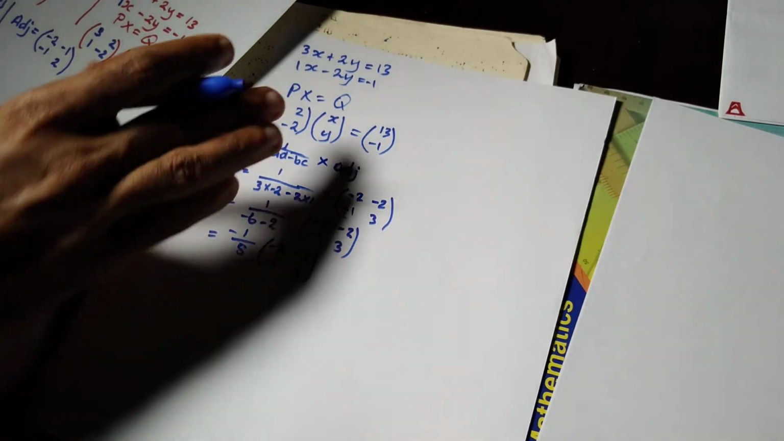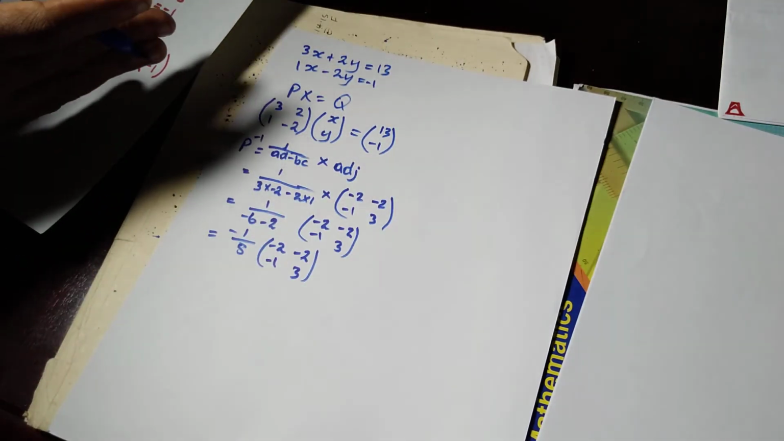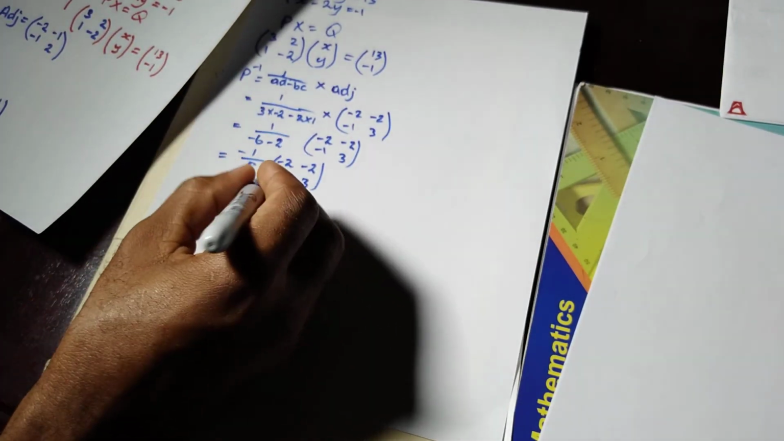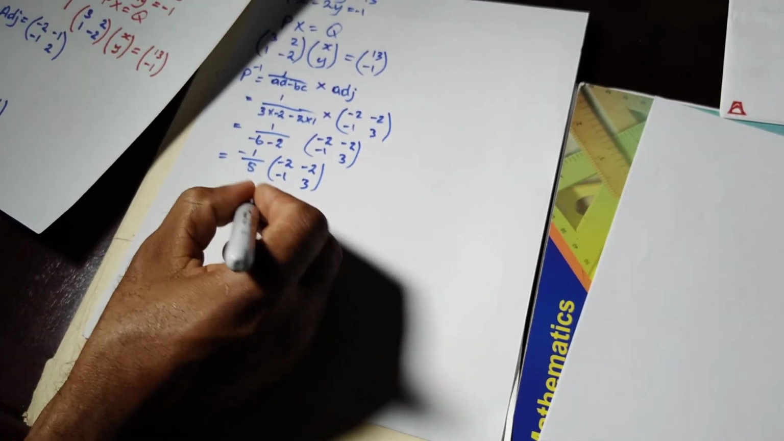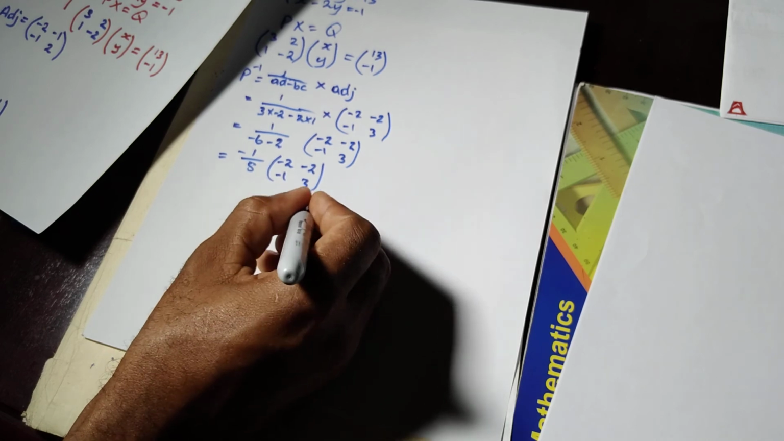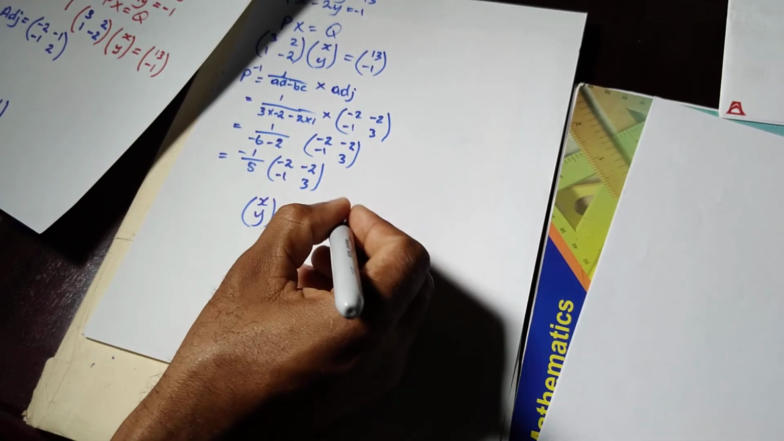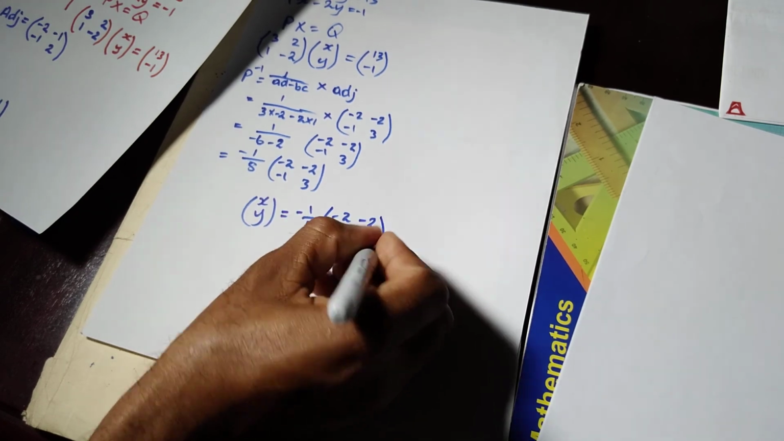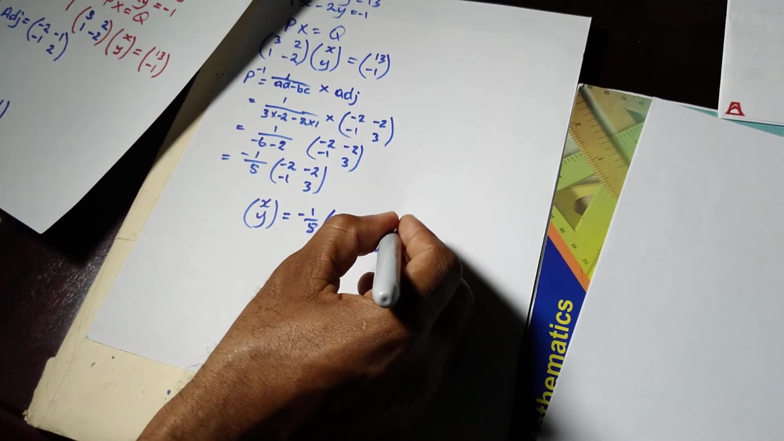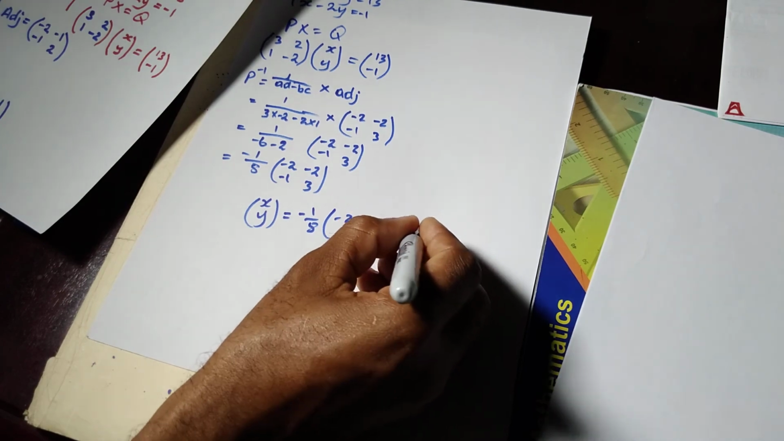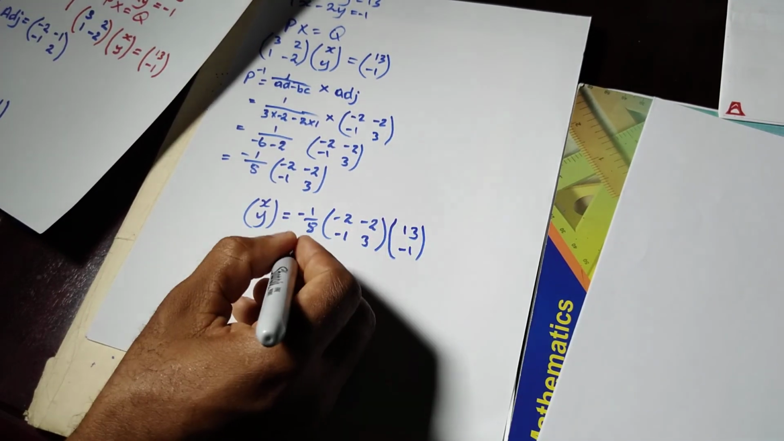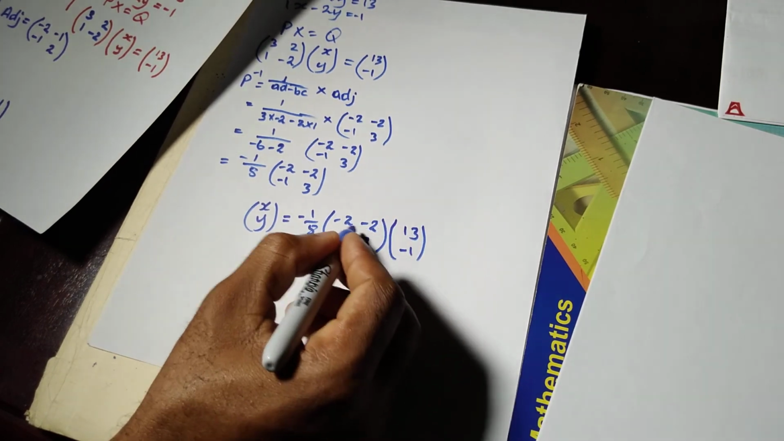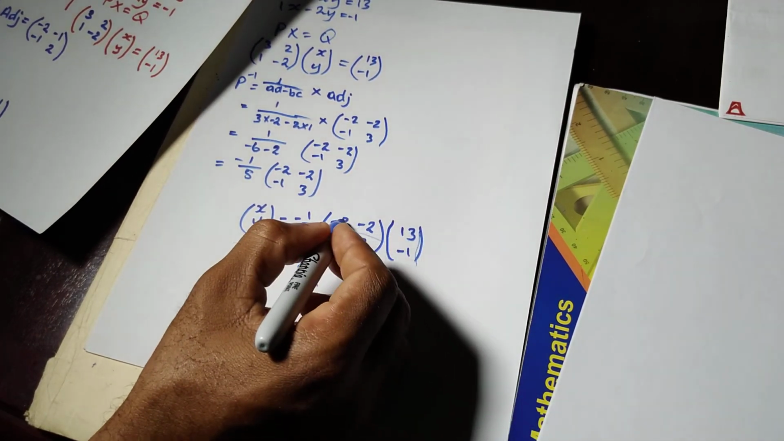As I said, you don't have to multiply the left hand side because it's going to give you the identity matrix. Just multiply the right hand side. So we're going to have xy equal to minus 1 over 8 times minus 2, minus 2, minus 1, and 3. Remember, put the 2 by 2 matrix before what it's equal to, which is 13 and minus 1. So let's see what's going on here. Minus 1 over 8, bracket, we're going to multiply first row, first column. So minus 2 times